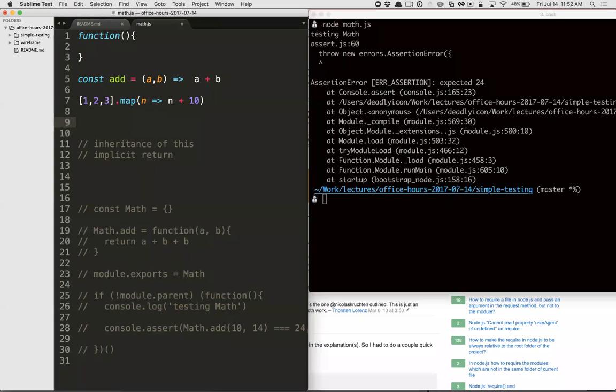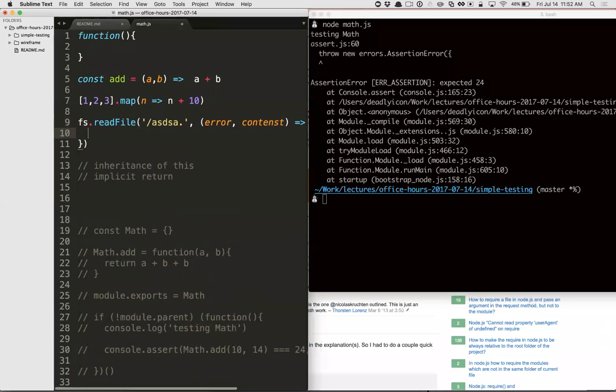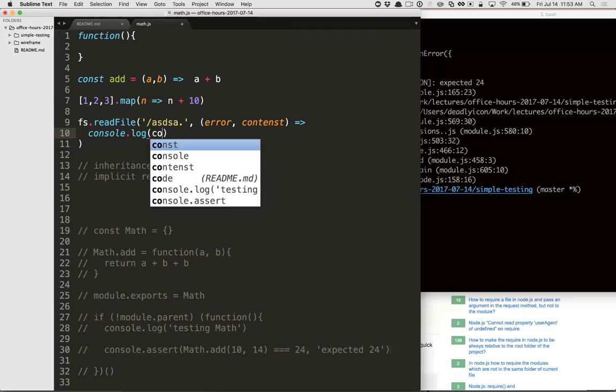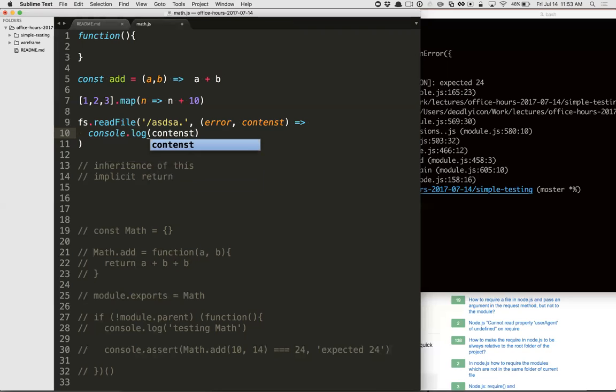However, if you're doing something where the return value is not cared about, like a callback, right? So fs.readFile whatever, and then a callback that takes error and contents. The return of this is not cared about. Nothing looks at the return for this function, so it would be weird, in my opinion, to do something like a one-liner in here, like, I don't know, console.log yay.